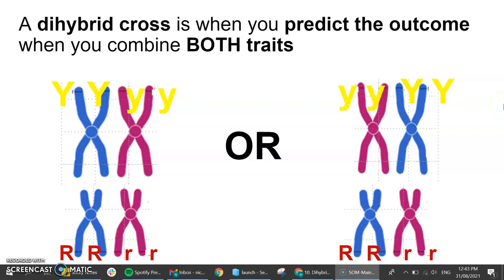Okay, this is part 2 of our new topic on linked genes and dihybrid crosses. What we just discussed was that in peas there are two traits that we can look at together. They are colour and texture. So what you see here is a very simplified